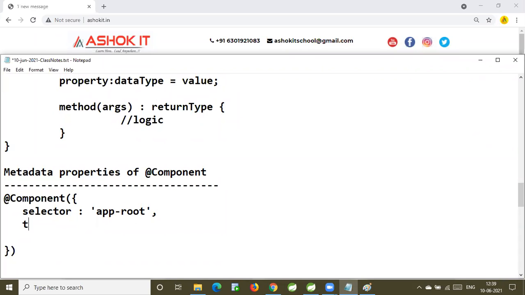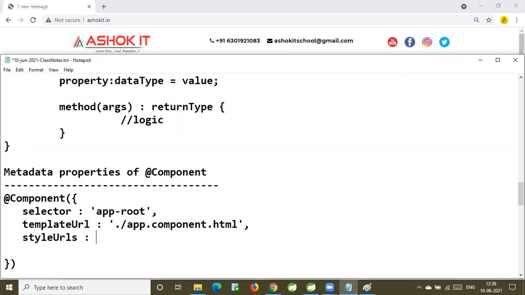Then templateUrl. What is the templateUrl? It is ./app.component.html. Next one, styleUrls.